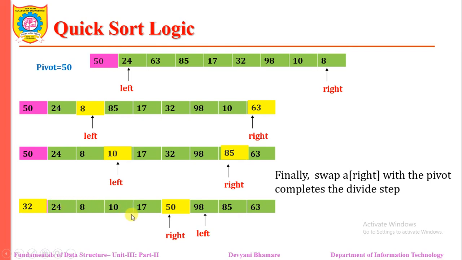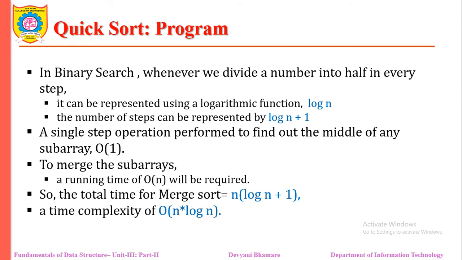Sub array 1 is again not sorted. Then in the next iteration we need to take this sub array and again take the first element as a pivot, and apply the steps again: left and right, recursively, increase left by 1, decrease right by 1, in this fashion for this entire sub array. Then take this RHS array and again apply the same steps. These steps will be performed recursively and we will get all elements sorted according to quicksort. So this is the logic of quicksort.